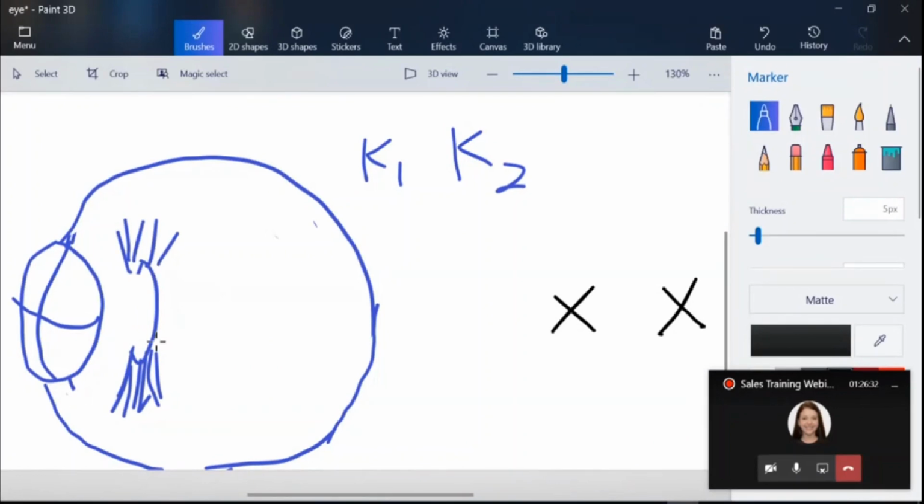So when we choose an IOL implant and put an IOL in there, what we are attempting to do is correct the refractive power of the eye and bring the focus point forward. So when we are doing this with a regular monofocal implant,